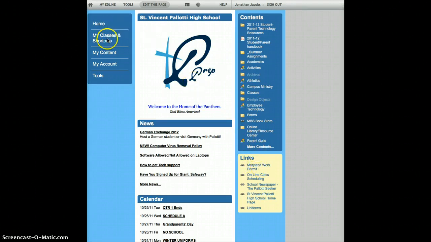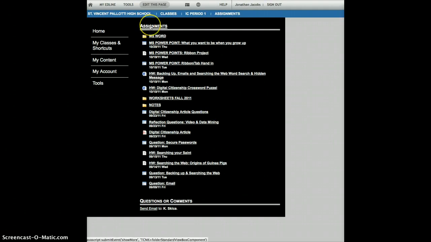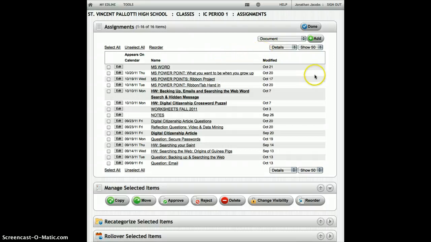You would go over to your classes and shortcuts, and you would choose whichever one of your classes would come up right here. I have chosen Intro to Computers, Period 1, to demonstrate. So once you're into the class that you want to create this assignment for, you're going to go over to the Assignments folder, and you're going to click on Assignments again at the top, and where it says Add, you want to select Homework Hand-in, click Add,